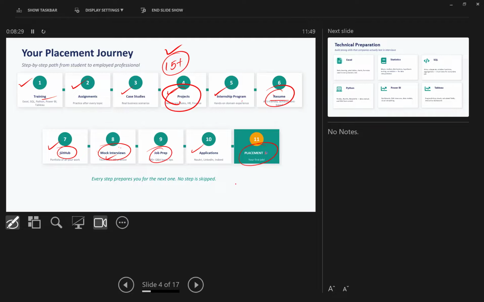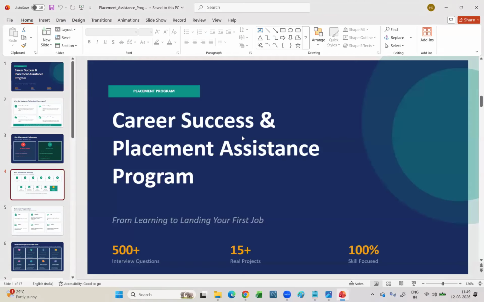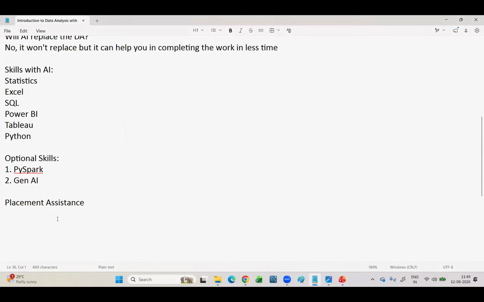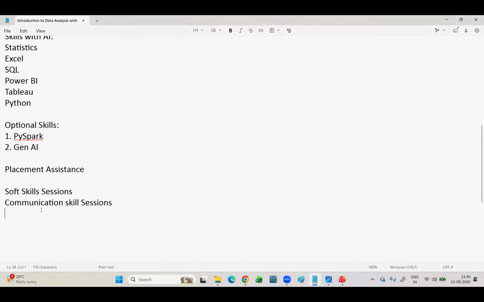That can help you in the end to get into the placement. Okay, so this is completely what relates to the placement assistance. Hope you understood how we are following the placement assistance. That will really help you a lot and give you good confidence about our way of teaching. So here, separately, as I mentioned, you will have soft skills classes and communication classes. I can't write every point, but I think you can remember the points I am going to tell. Interview related classes, how to provide answers for technical interviews separately, HR interviews separately,